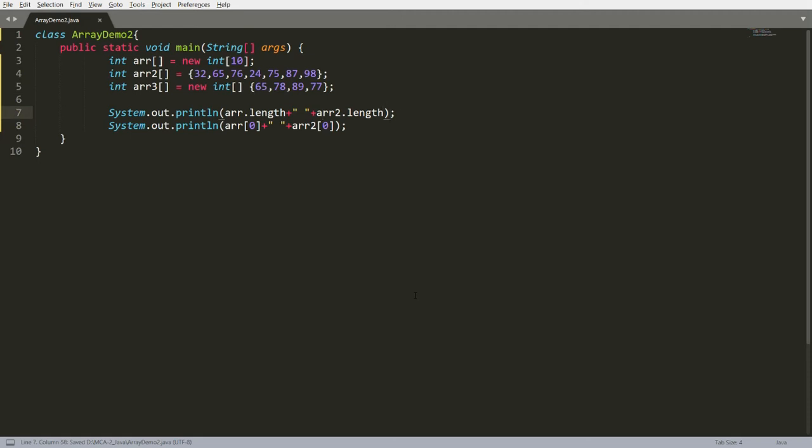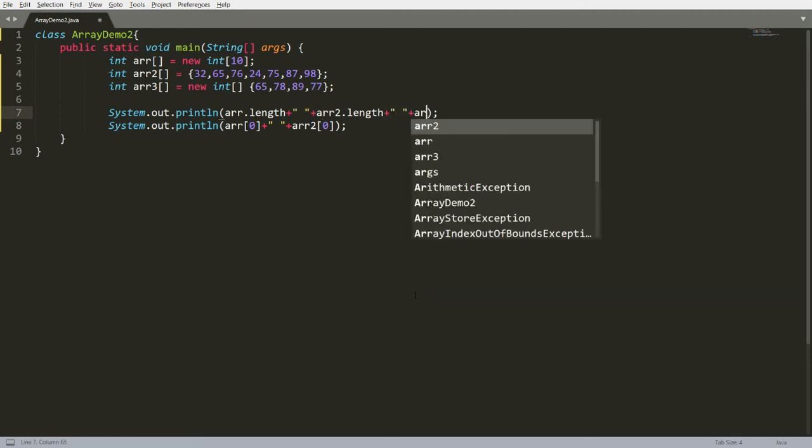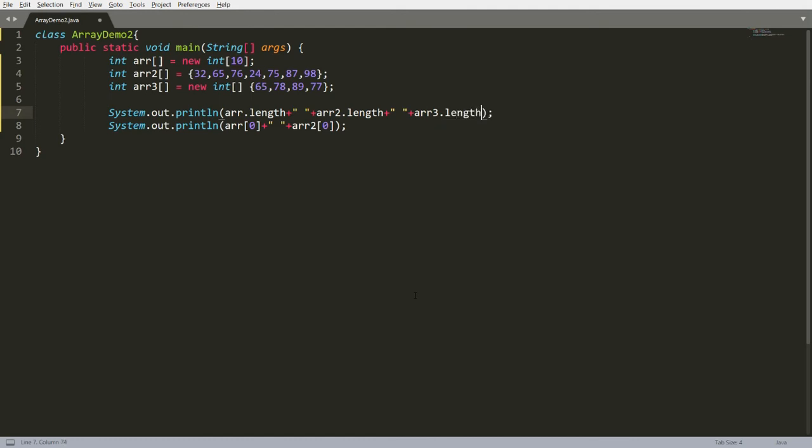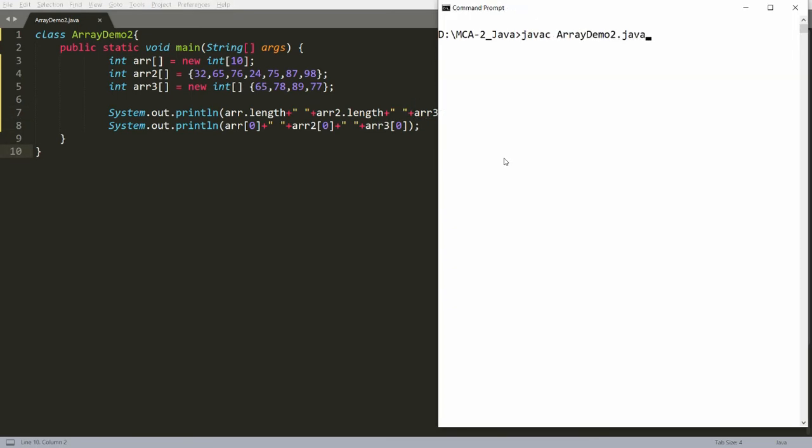Now I want the length of arr3 also. So here you can write plus some space arr3[0]. Now it will give me 65 over here and here you will get the length, that is 4. So you can just compile your program and you will get that 4 is the length of arr3 and 65 is the value of arr3.